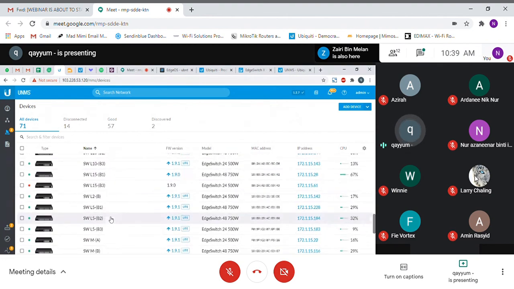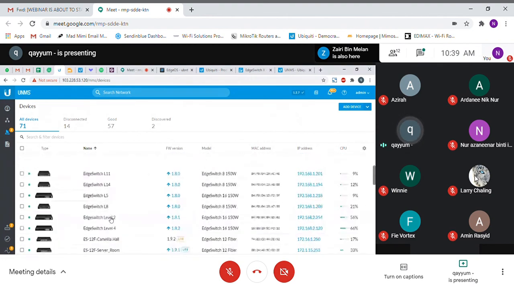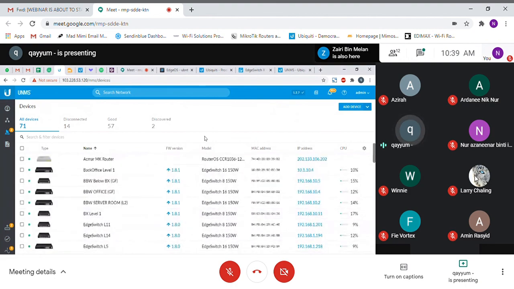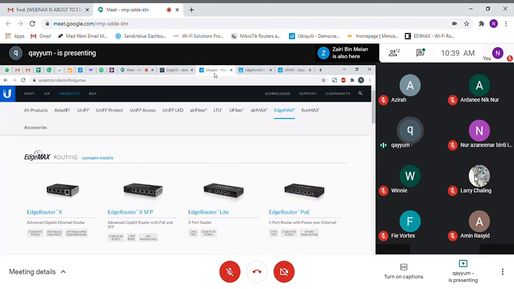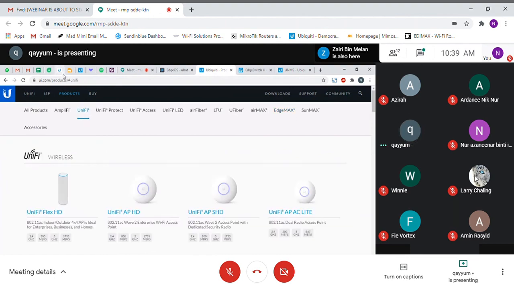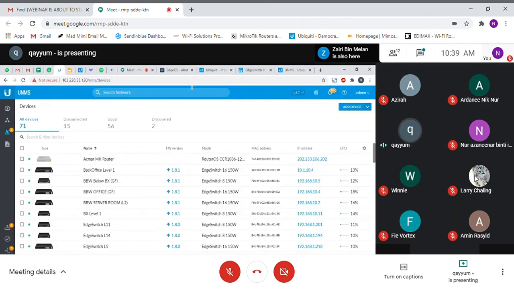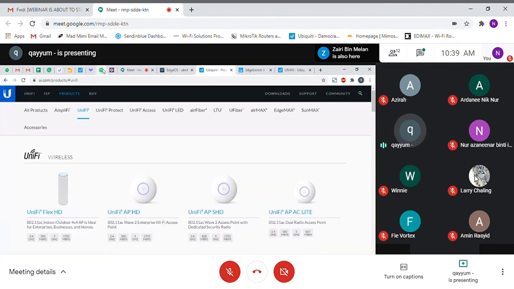I think soon they're going to release firmware where you can remotely configure your Ubiquiti devices from UNMS. But for now you cannot monitor UniFi models under UNMS. No, cannot. Only for EdgeMAX, some AirMAX, and then the AirFiber model.